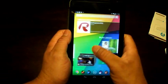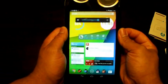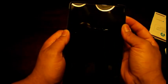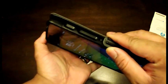And then get it unlocked, and it doesn't provide any issues as far as the functionality. We've got the volume rockers. We're going to articulate those, and you see there's no issue with the functionality. Power button, and you can see you can really get to those with no issue. As you can see here,